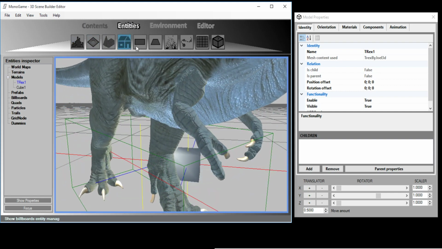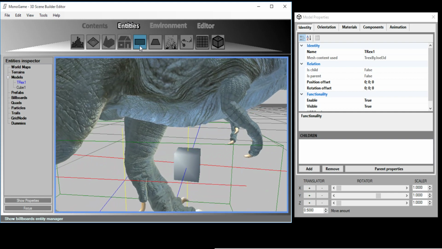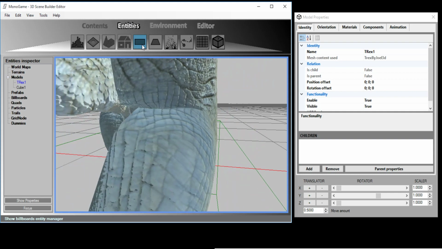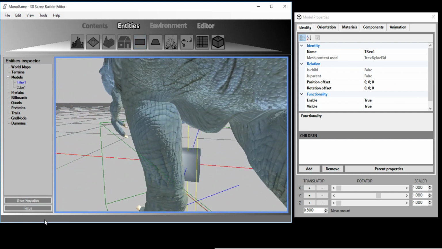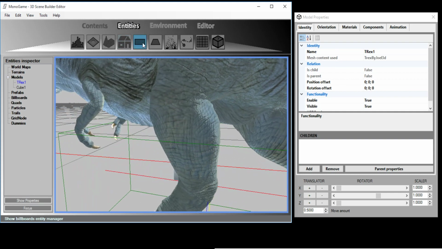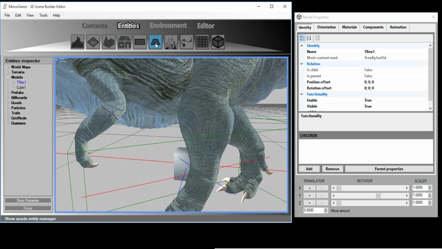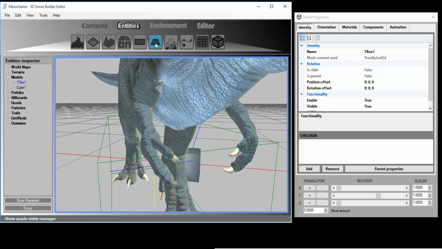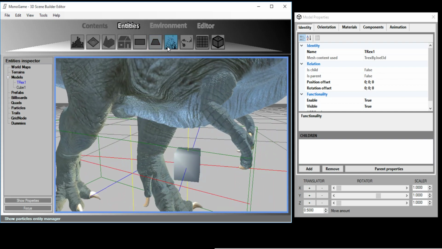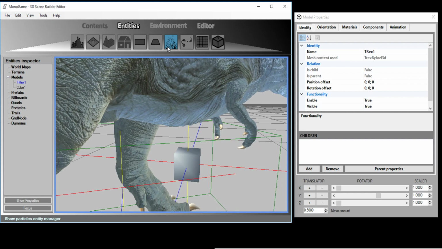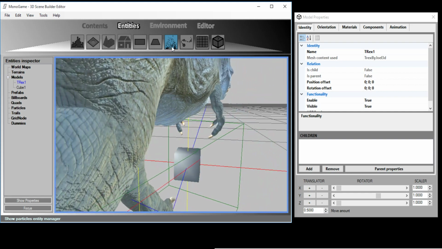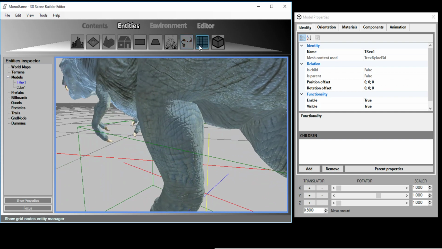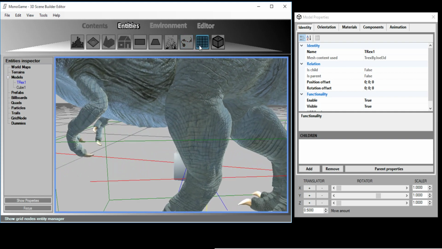So we have a prefab. I can put some billboards entity. As you see, we can have a stats bar around here. Billboard entity manager. Quad is also supported. We have a quad entity manager around here. Particle entity manager. We have a trail entity manager, grid nodes entity manager,